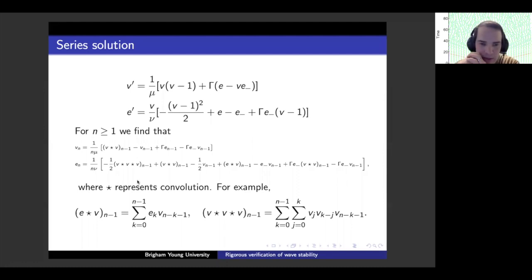The problem is this convolution involving three terms here on the left for E_n. So we've got v convolved with itself twice. And if we just try to set up the geometric series by saying the coefficients are less than